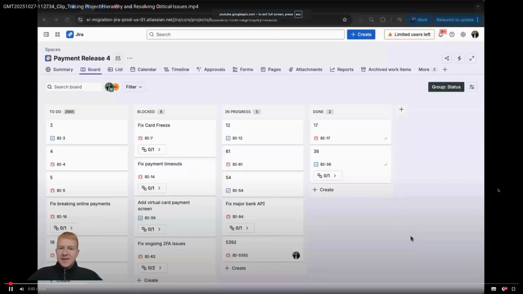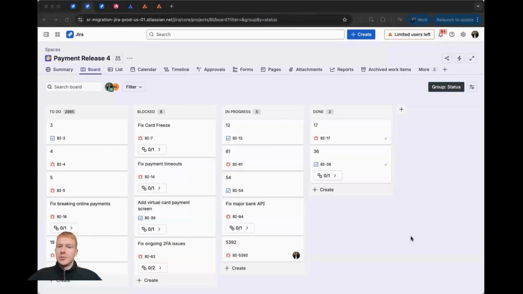Hi everyone. Today I'm going to be showing you how to trace the hierarchy of tasks within a project and then identify parent issues that are critical for project completion. So let's imagine I'm a project manager. There's a few releases going on at the moment. A Jira instance can become quite messy. And there's one particular one, which is Payment Release 4, as you can see on the screen,